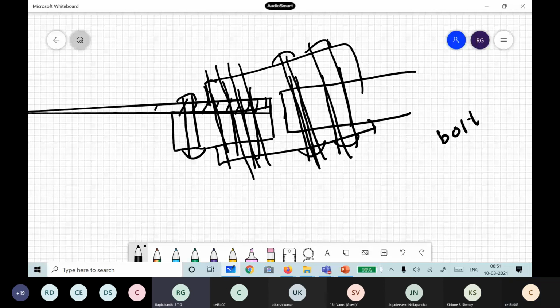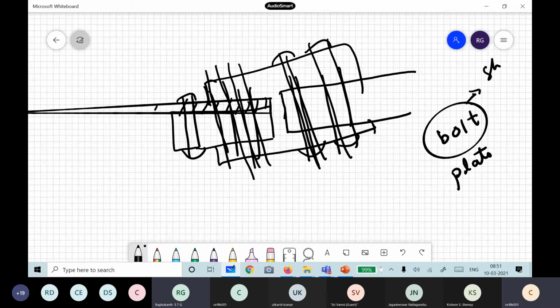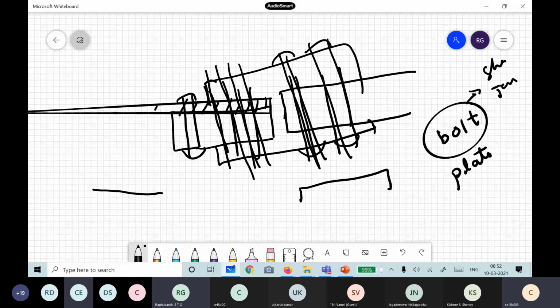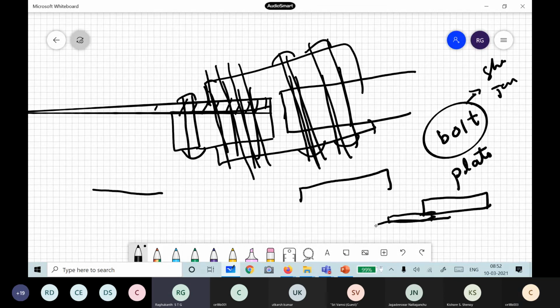So we are equating that for the bolt. Okay, there are 2 things here. One is the bolt, the other one is the plate. Now for the bolt you have calculated shear strength and tensile strength, and here you have to be very careful. Although there is a packing plate here, what do you have to do whenever there is a packing plate? How many shear planes will there be? You have a cover plate, then a packing plate, then the main plate. So how do you calculate the shear strength? Then another bearing also is there.